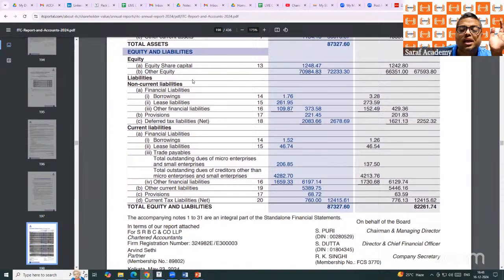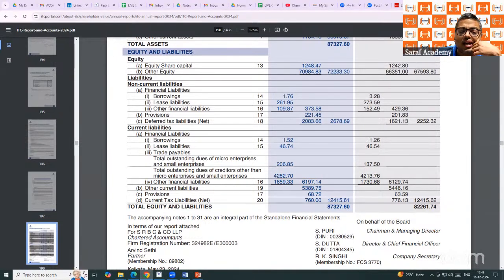The liability shareholder money, those who are the owner share capital reserves. I have ITC company share. I am also in this owner. मेरा नाम यहाँ नहीं लिखा हुआ है लेकिन मेरे पास भी शेयर है. जो भी शेयर मेरे पास है 400 शेयर करीब है, 400 शेयर्स इसमें से मेरे पास है. But what is the number of shares, the face value per share, that we can see in schedule number 13. These are the schedule number.